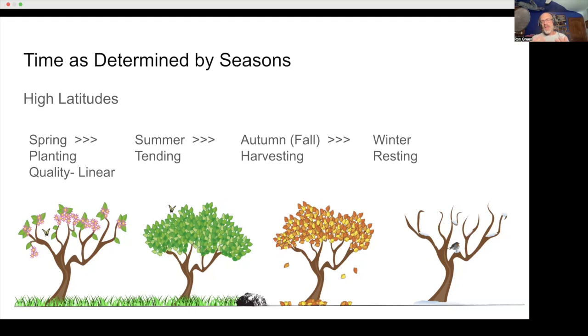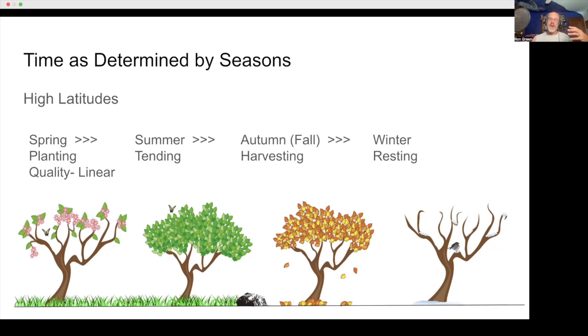It's interesting, a lot of the curriculum that will be created in northern latitudes or high latitudes is going to focus on a very linear process of spring, summer, autumn or fall, and winter. And that linear cycle of planting, tending, harvesting, resting is built into